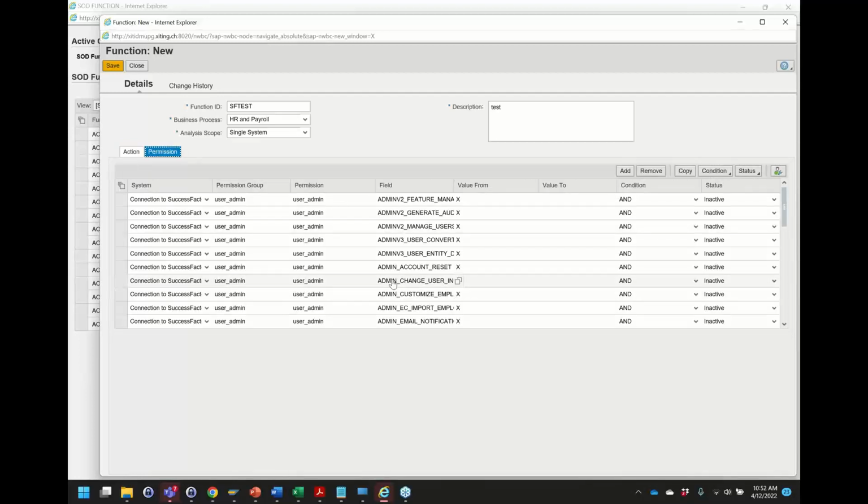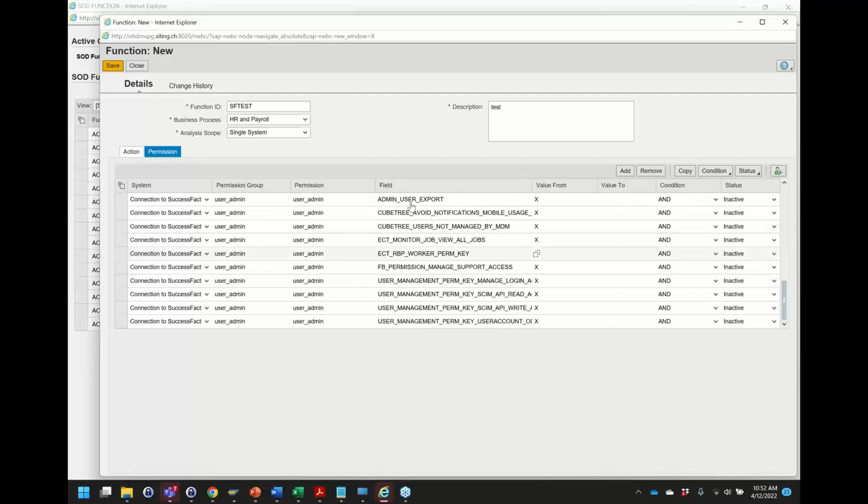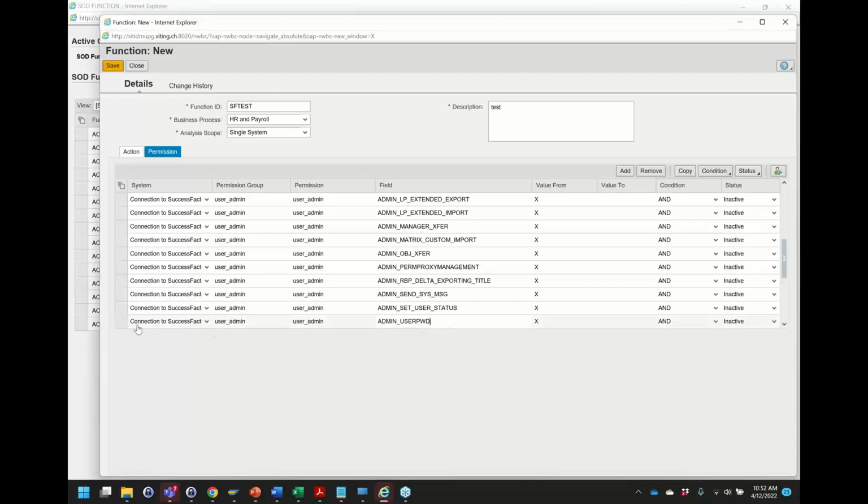We can also maintain critical permissions without the action. So if we just say the critical permission is user admin with, I don't know, password reset, for example. Somewhere we have the password reset. For example, here, user password. I don't necessarily think it makes sense to just maintain the permissions without the action, because as far as I remember in SuccessFactors, that's not